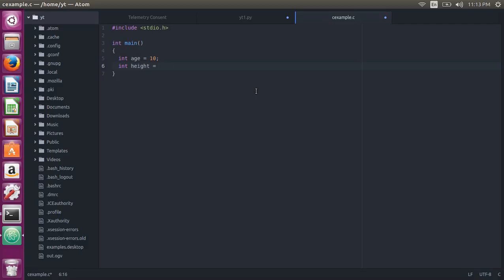Oh wait, well it's not in feet. I'm gonna put it in inches, so it'd be more accurate. And then it'd be like printf "I am %d years old", and then it'd be age, and then it'd be "I am %d inches tall." Then